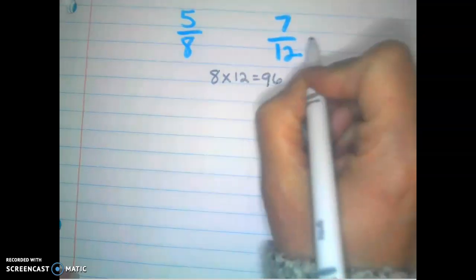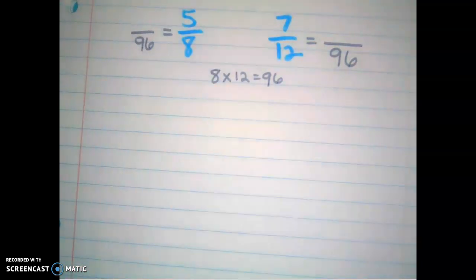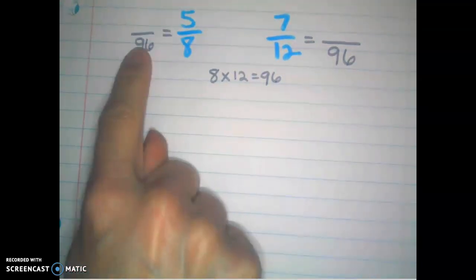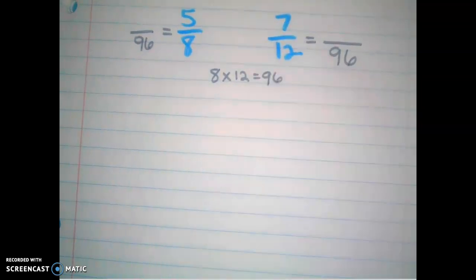So our new denominator is going to be 96. We're going to make equivalent fractions with a denominator of 96. So I'm going to make a fraction that's equivalent to 5/8 with a denominator of 96. And I'm going to make a fraction equivalent to 7/12 that has a denominator of 96. Now my next step is to figure out what my numerator is going to be. I'm going to make equivalent fractions